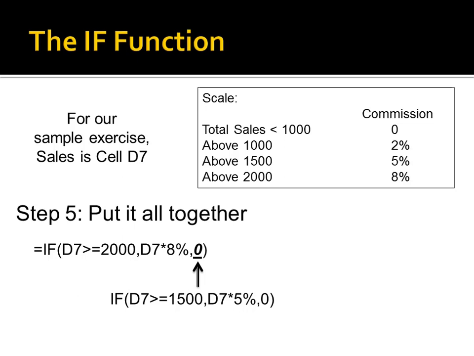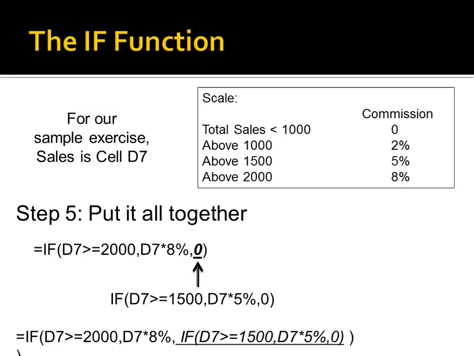So let's see how this looks when we put them together. There you go. Equals if D7 is greater than or equal to 2,000, then D7 times 8%. Otherwise, if D7 is greater than or equal to 1,500, he gets D7 times 5%. Otherwise, 0. That's a function inside of a function. Notice there are two closing parentheses. There's an open parenthesis and a closed parenthesis for both functions. Let's go a little bit deeper,